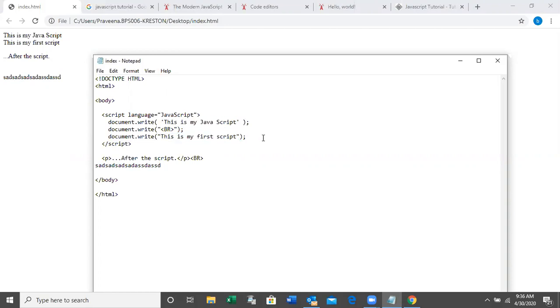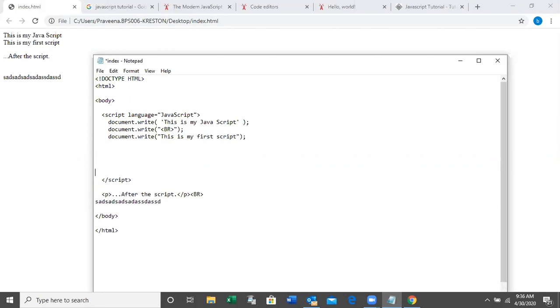Right. So I'm going to write the same thing in a single line. See how can we write this one in a single line. Document dot write.